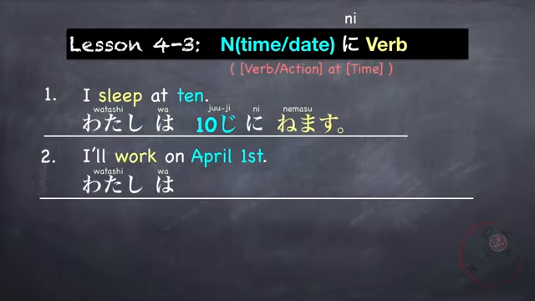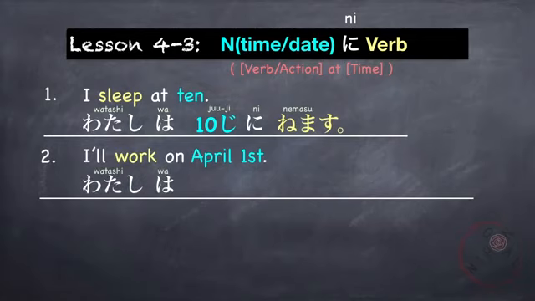Now, let's go to the negative form of the verb, which is don't verb or verb plus masen. For example, I don't wake up at 6 every day. 私は毎日6時に起きません。So the positive is 起きます。Now, since it's a negative, 起きません。Another example, if you are not going to do a certain thing in the future, I won't wake up at 6 tomorrow. 私は明日6時に起きません。You'll probably wake up at 7. 明日7時に起きます。